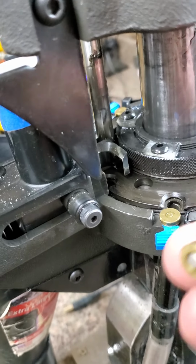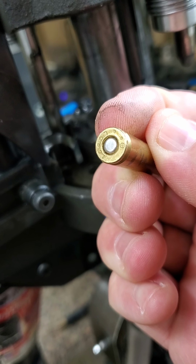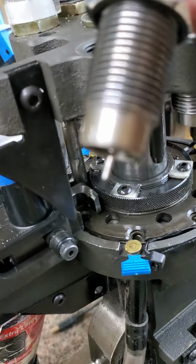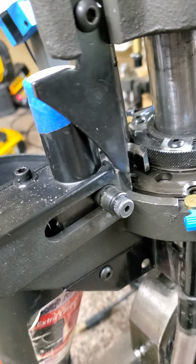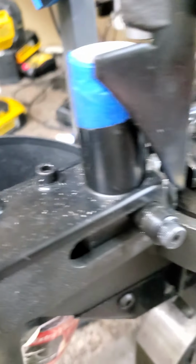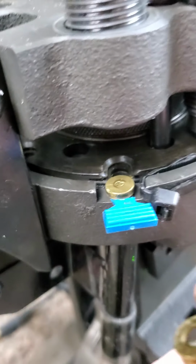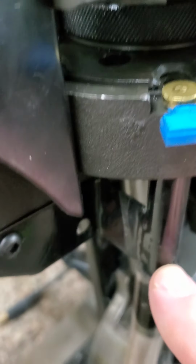you have a bullet. It's got the primer, the silver part, that'll go on there. This station here has a push pin. That pin, when the press goes down, will pop out and push that silver out down through a hole, down through the tube, falls down,